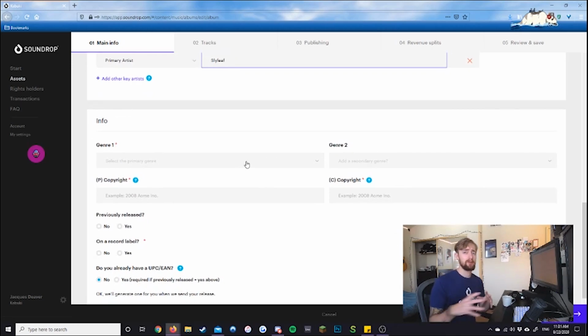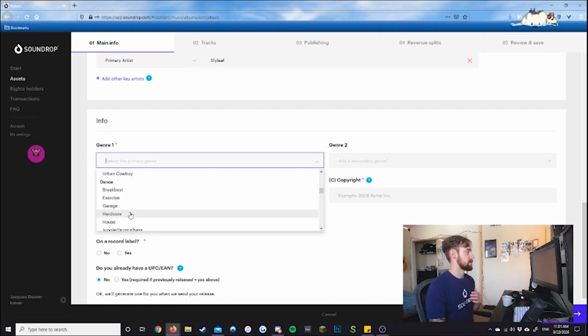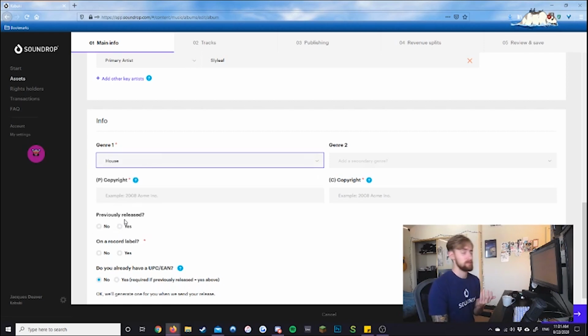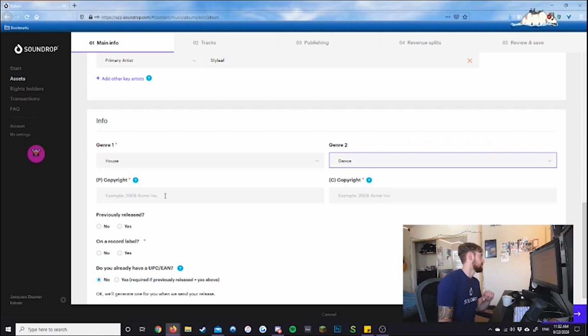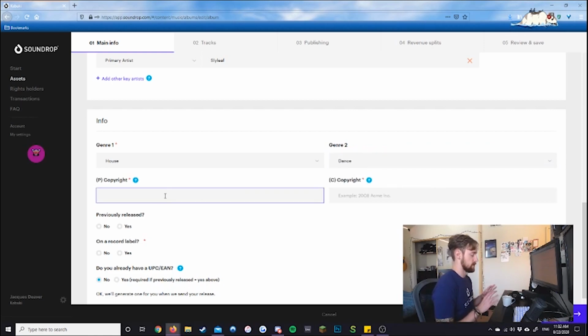Now we get into the genre section. This helps sort your music in terms of the algorithm and plays and playlisting. We're going to go all the way down to dance because it is a house song. And for genre 2, we're just going to put dance. For copyright, you just need a year and a name. For this, we're going to do 2020